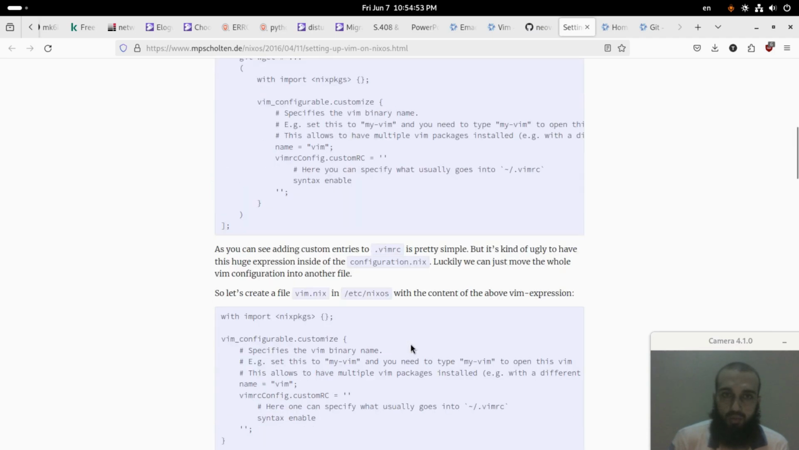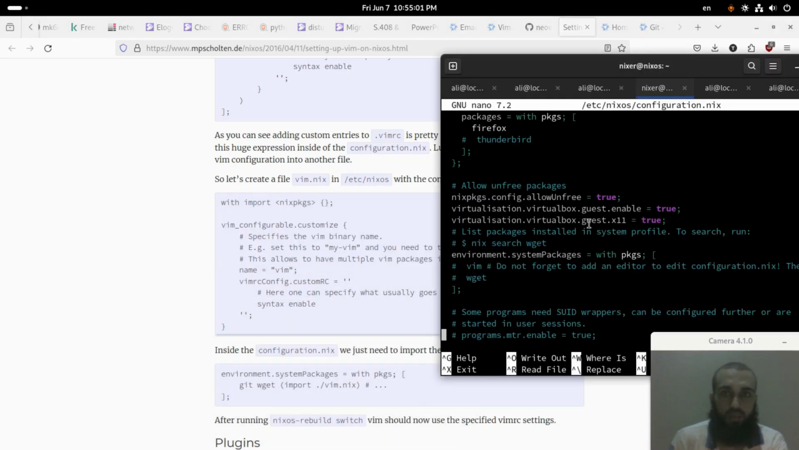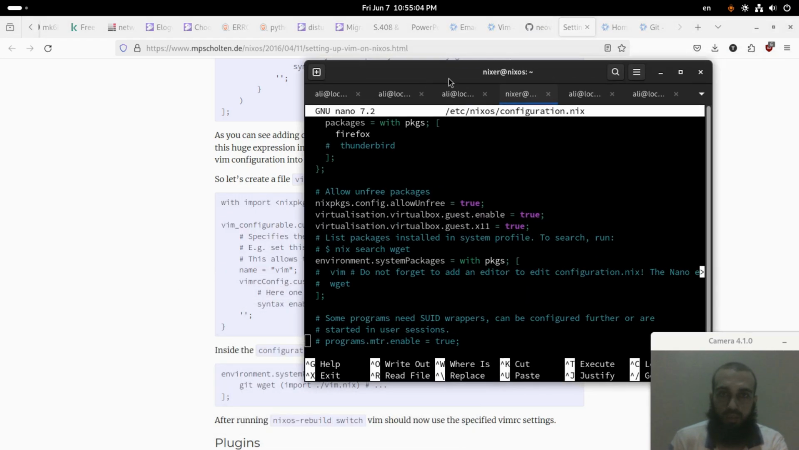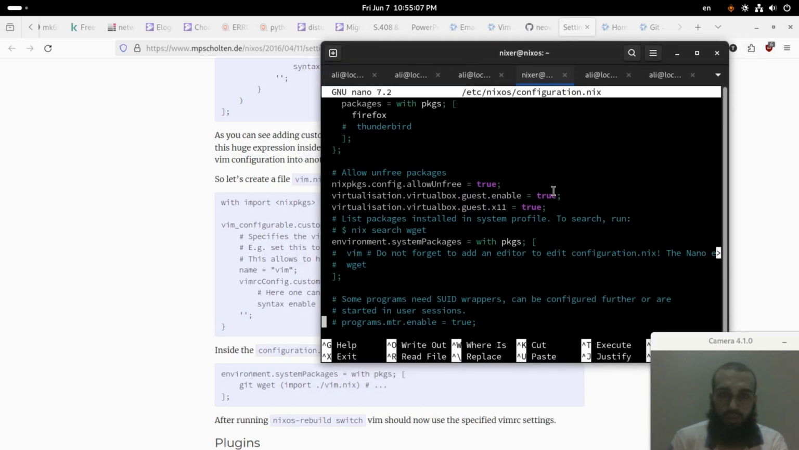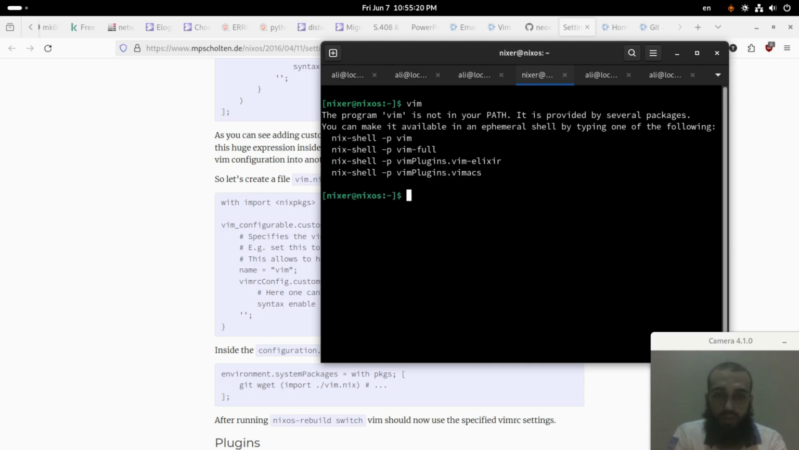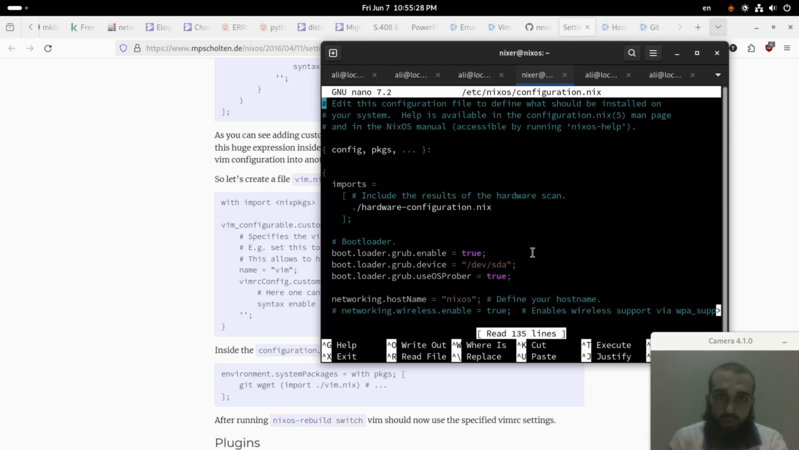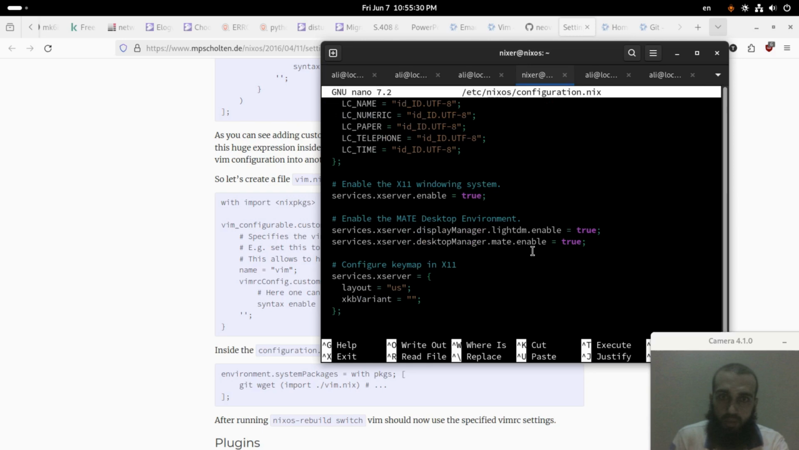So the first thing we need to do is to go to configuration.nix. I have it here. Let me exit out of it and go back again. So we go to /etc/nixos. First of all, let me prove to you that I still don't have Vim installed. Yes, so let's go back here and then look for a block of code starting with